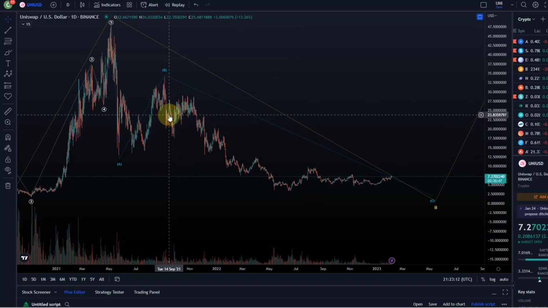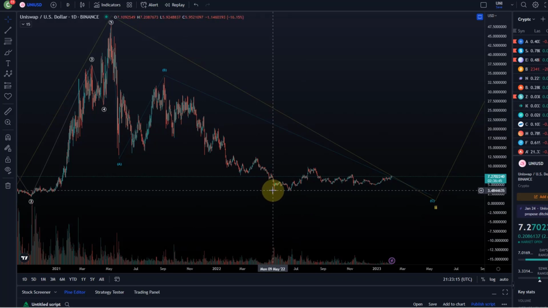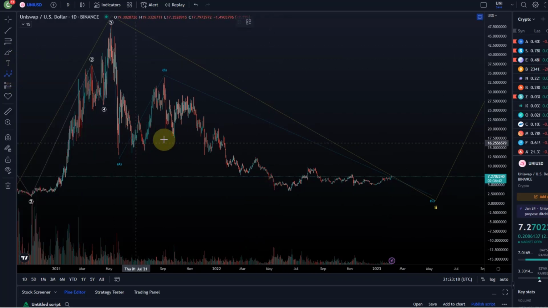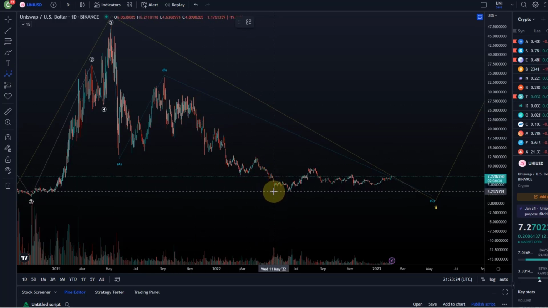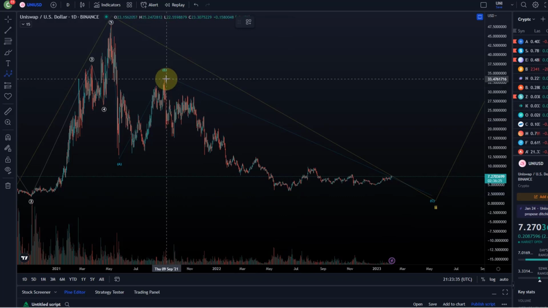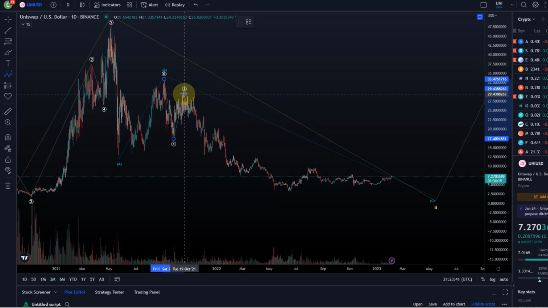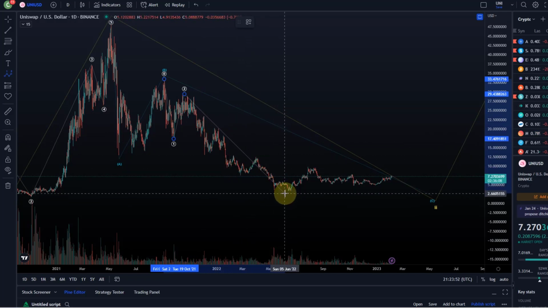Very often the third wave is the longest one. So when I start to label the chart like that, I always look at what is the longest wave, and it's probably this third wave all the way down to that low around the 11th of March, 12th of March, but it has to be the lower point, which is here. The 15th of June actually, not March, it was May, but this year in June. So I would label this spike here as a 1, then we moved up in a 2, then here we've got the wave 3, and you can see a 1, 2 here. I would consider this the 3, the 4 and the 5 down.